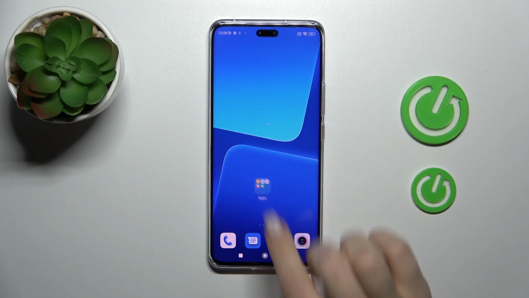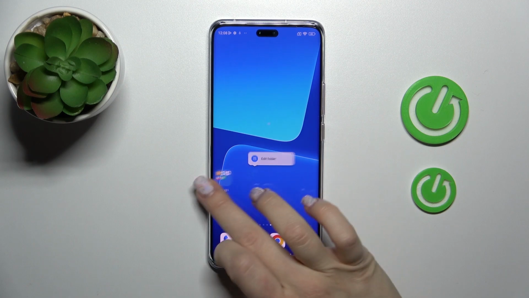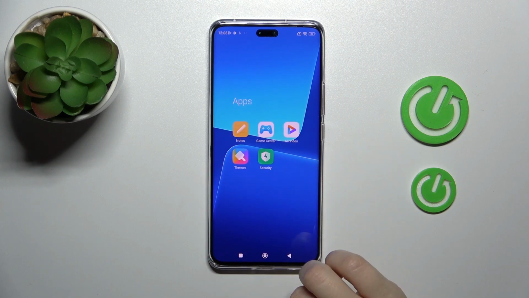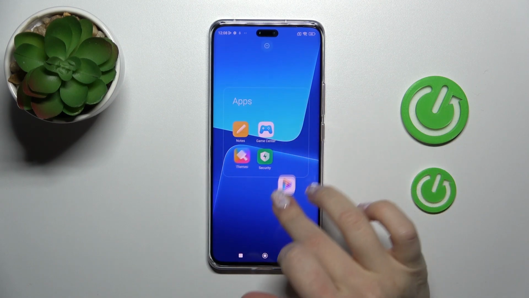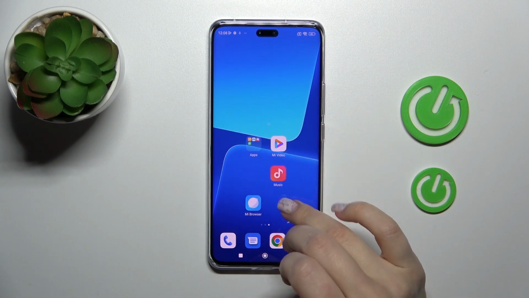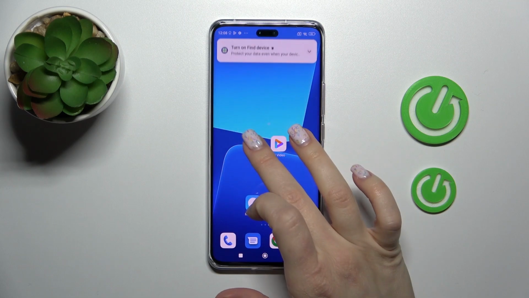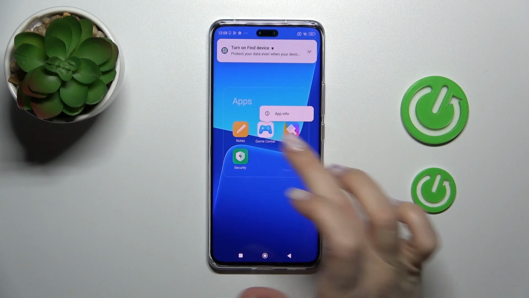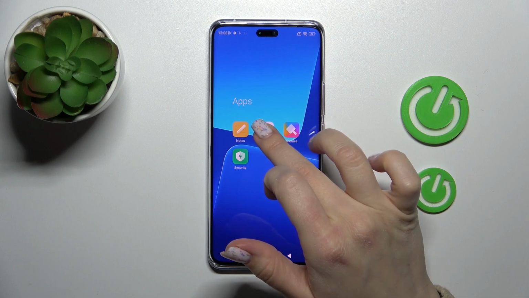Also, we could create new screens with the help of the folders. That's also not a problem. And if you want to remove an application from here, you should just hold it and drag it to the home screen if you want to keep this application on the home screen. But if you want to remove it from the folder and from the home screen, just hold it